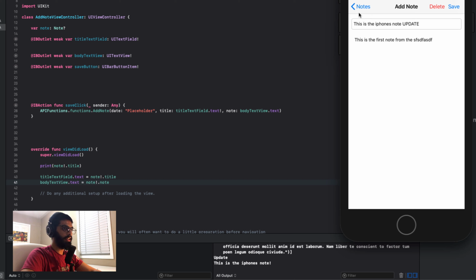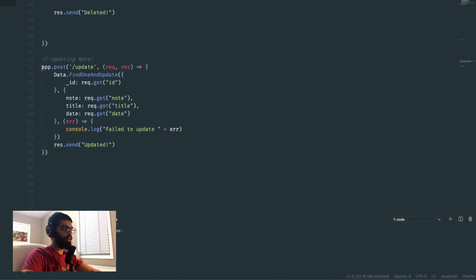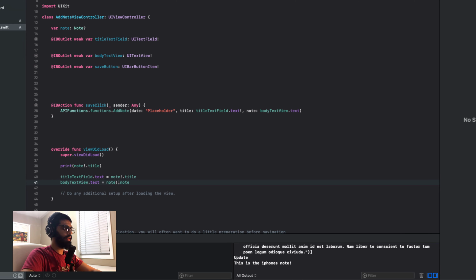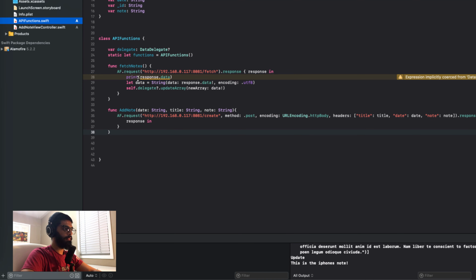Well, when I click a note and I update it, I want to use my update route we defined in the server. So if we go back to our server, we defined this update route and I want to use this, right? So now what we're going to do is we're going to go into Xcode and go to our API functions file, and we're actually going to create a new route to update. So I write func update note,